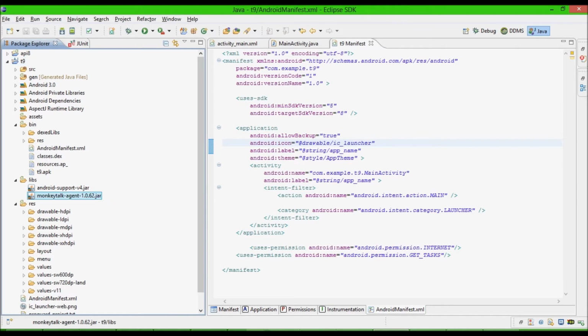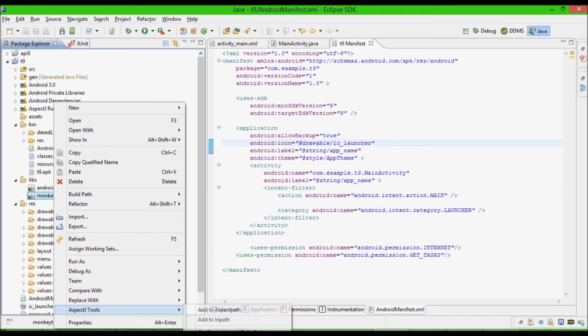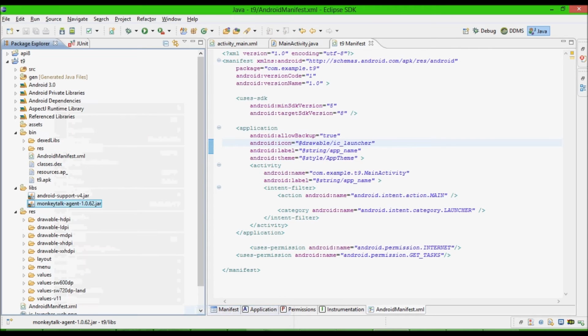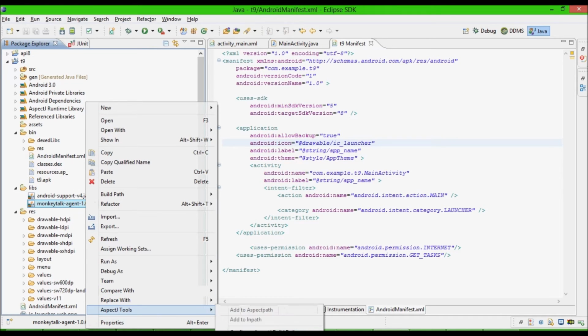And what you have to do is you need to convert this jar file to an AspectJ project. Actually, you need to point this jar file to the build path. So I'm going to click on it. What I did was simply right click on the jar file, select AspectJ Tools, and select Add to